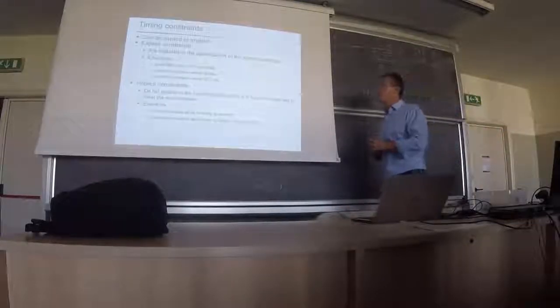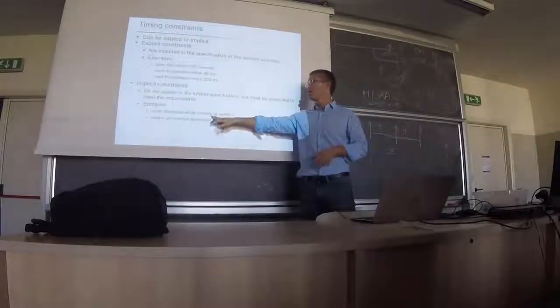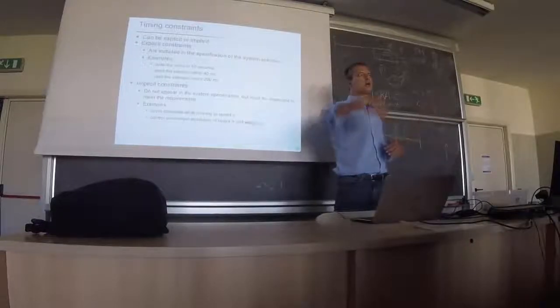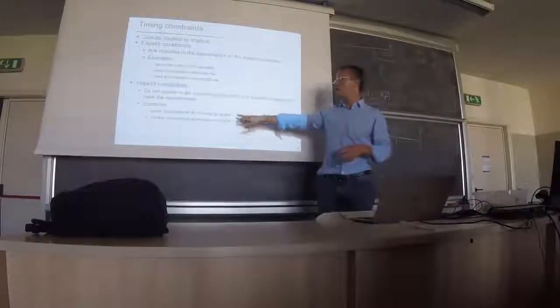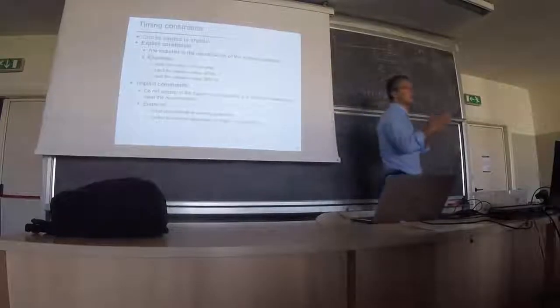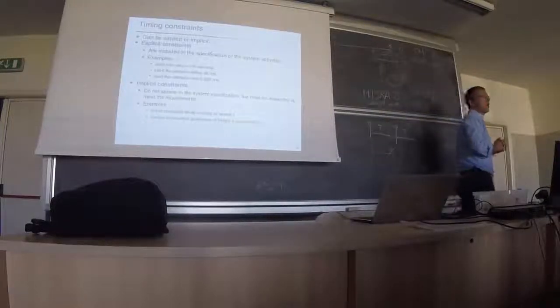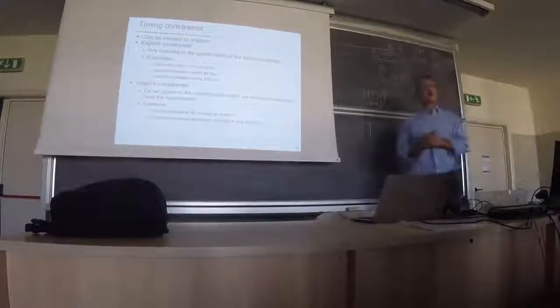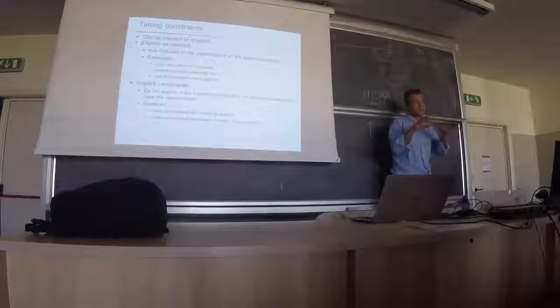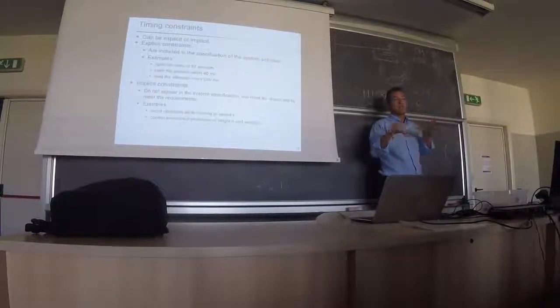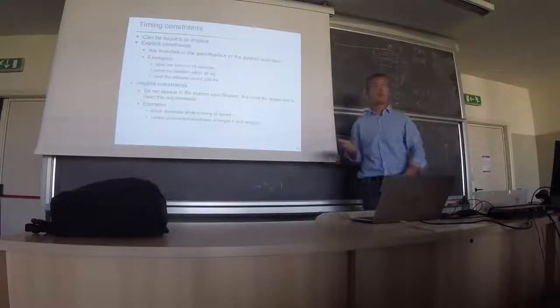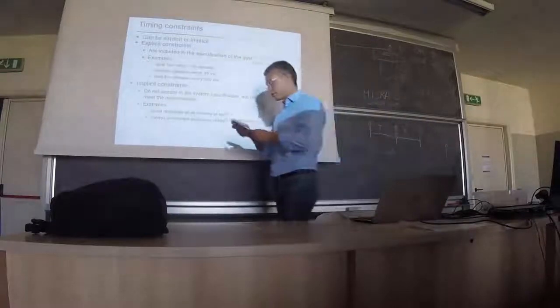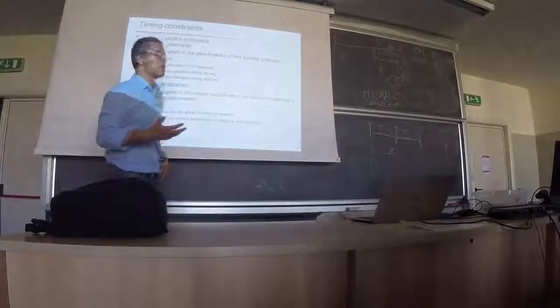But a constraint may even be implicit. So I have an autonomous car, and I need to avoid an obstacle while driving at speed V. No one tells me what is the correct frame rate or frequency of my computation, but I need to derive it. So there are some real-time requirements. We just need to figure it out so that the car at speed V will not crash into an obstacle. This is not an explicitly defined constraint, but it is an implicit constraint that we need